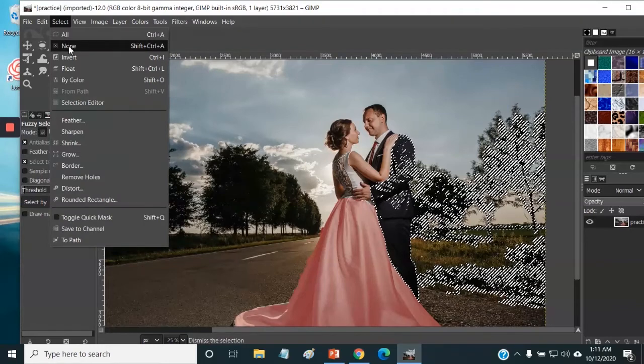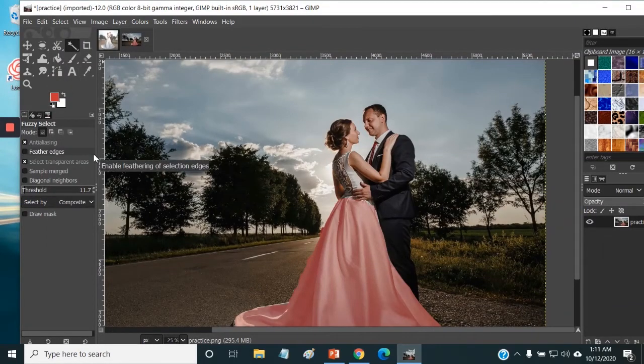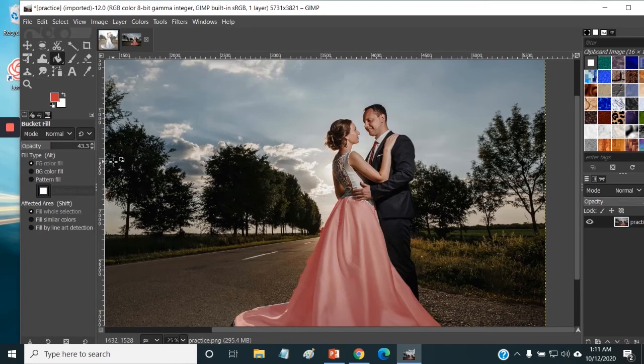So I'm going to go ahead, select none, and let's have a little bit more practice with the paint bucket tool. So again, with the paint bucket selected, some of our options: we've got the FG color fill that will use this foreground color in the color picker. BG color fill will use the second color in the color picker. And pattern fill, if I select that, will either let us use an image that we copy from somewhere else or one of the images in the patterns over on the right. So if I choose the cheetah there,